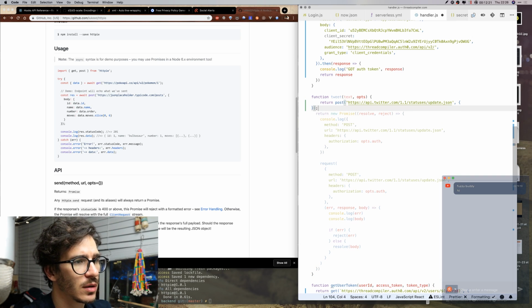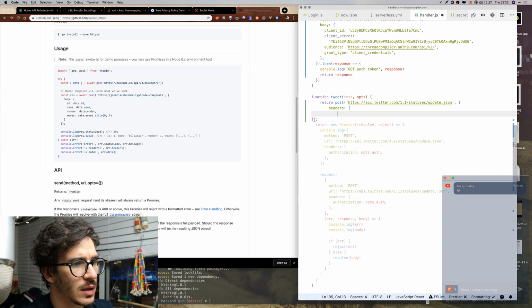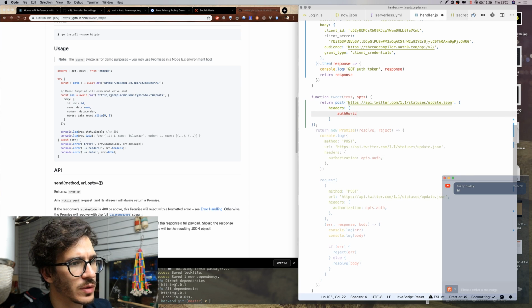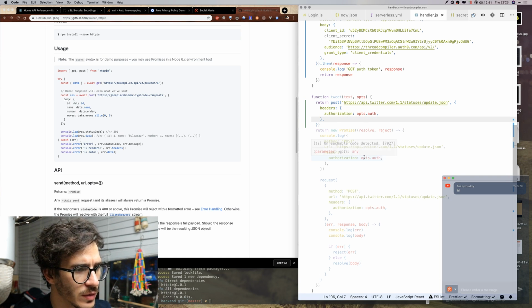And the options are going to say headers are authorization, which is options.auth, and where is the body?